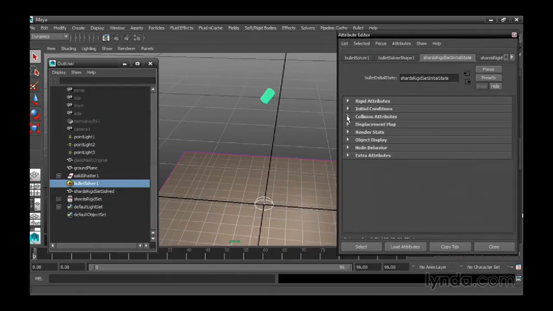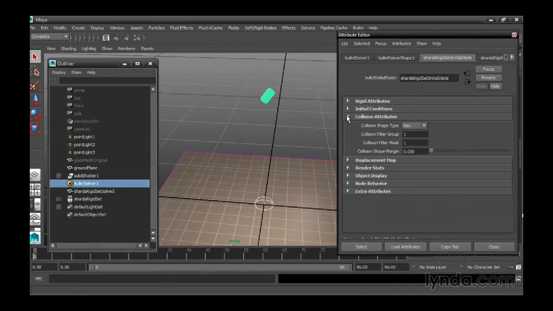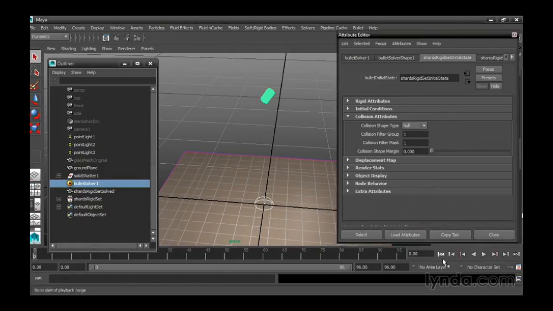What we want to play around with are the collision attributes here. Specifically, the first thing we need to do is change the shape type from box to hull. And once we do that, we should see a better result, because even though we had set the collision shape margin down to 0, if the collision type is box, then they're still overlapping,